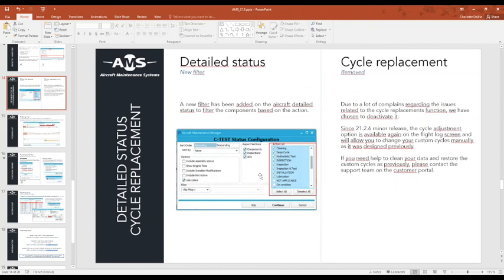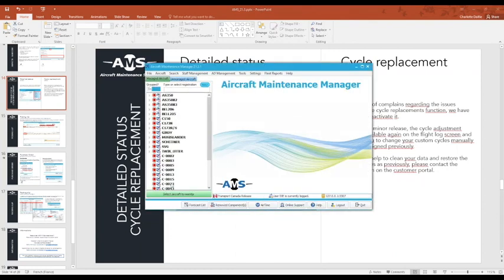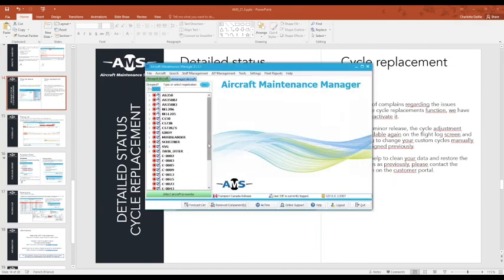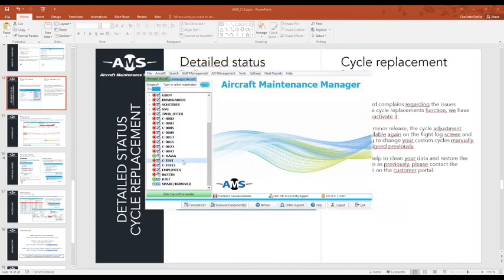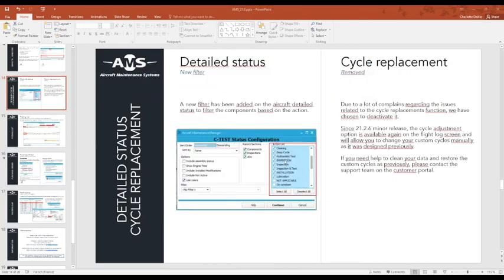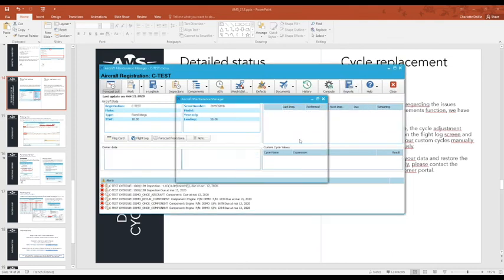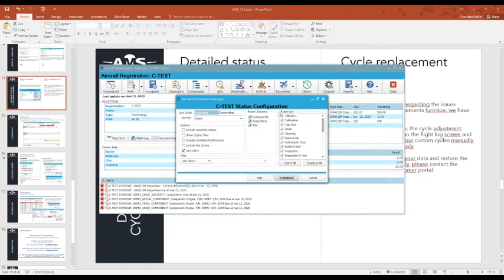And the last feature, really a little one, is inside the detail status. If you want to do some detail status on your aircraft, and you don't want to see, for example, the on-condition parts, because this is not really relevant when you do airworthiness status, you have these new places with the action list where you can select only what you want to see. So maybe if you don't want to see the on-condition, you can just uncheck it, and it won't be shown inside the detail status in Word.